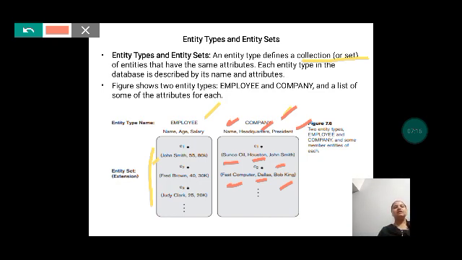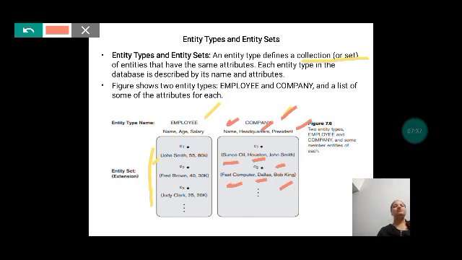Even if I include 10 entries or 1000 entries, I will be keeping the same type of entries, that is name of the company, headquarters of the company, and president. Is it not that we are storing a collection of entries of the same attributes, right?